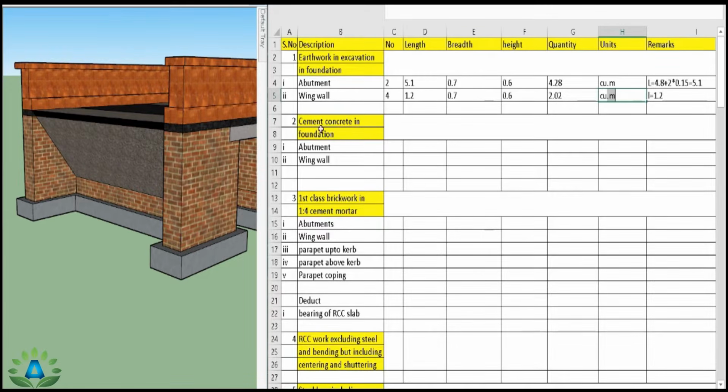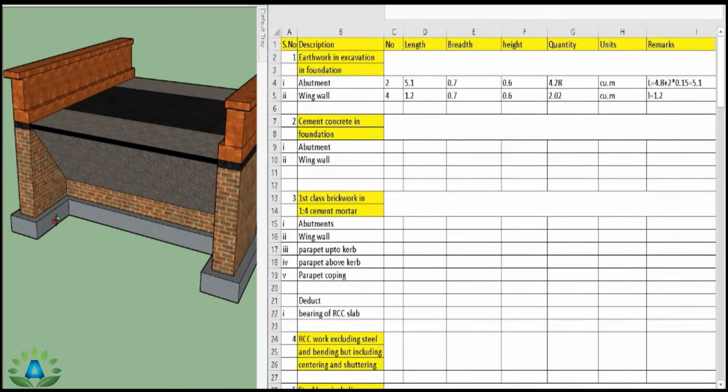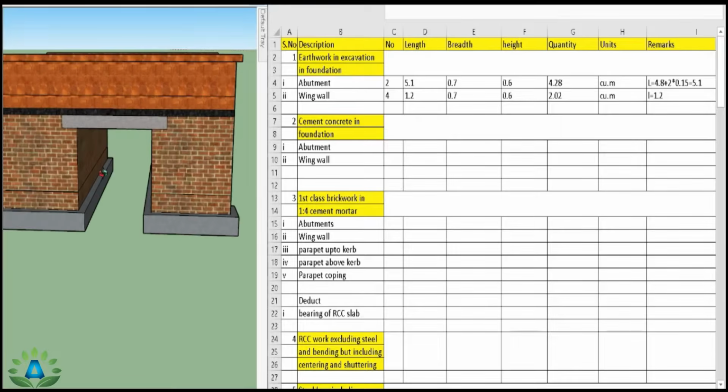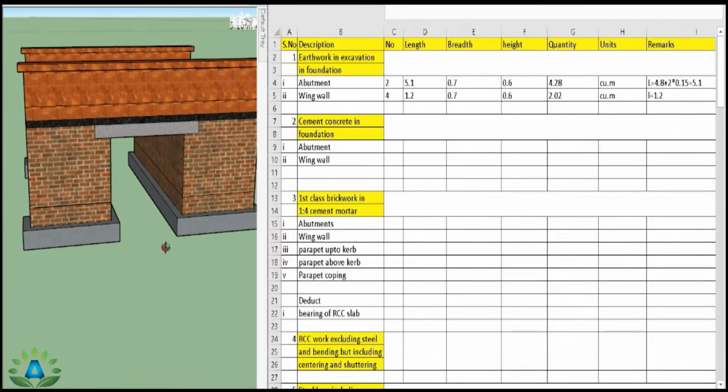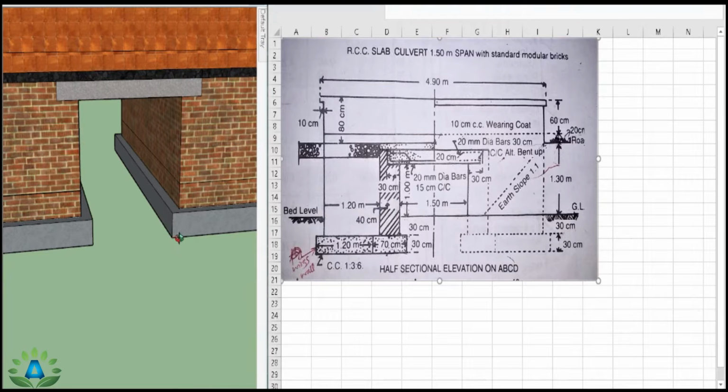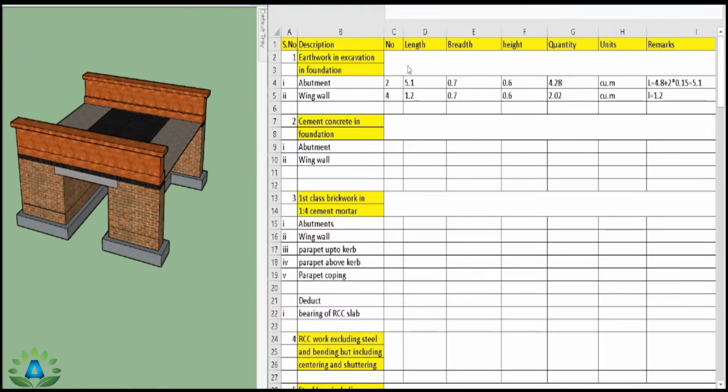Now our next step is to calculate the cement concrete in foundation. Here we can clearly see that the cement concrete in foundation is this portion, and these portions, and it is up to the height of 30 centimeter. That is, this is of 30 centimeter height,